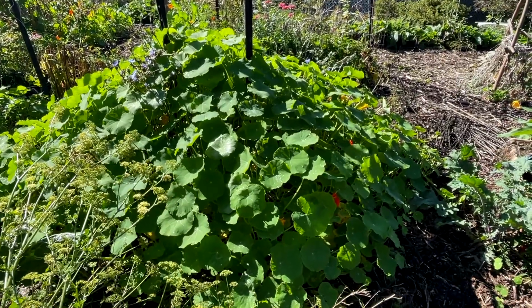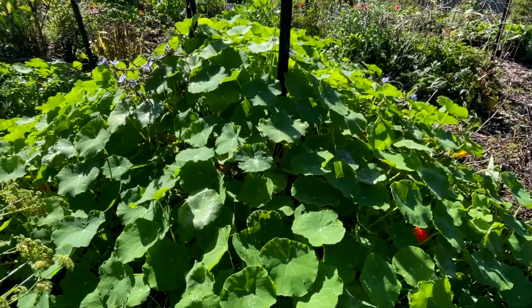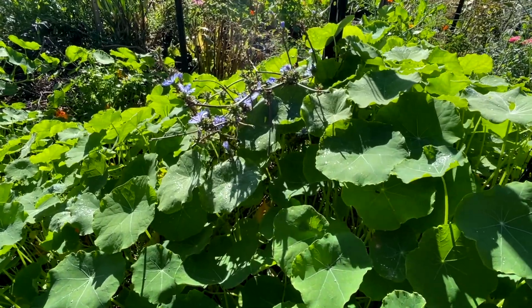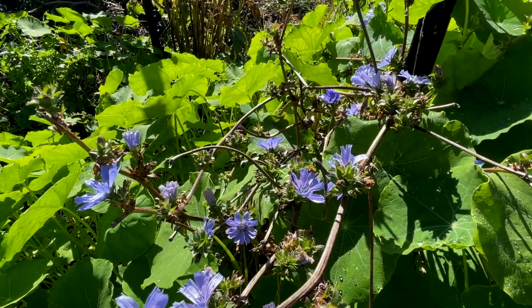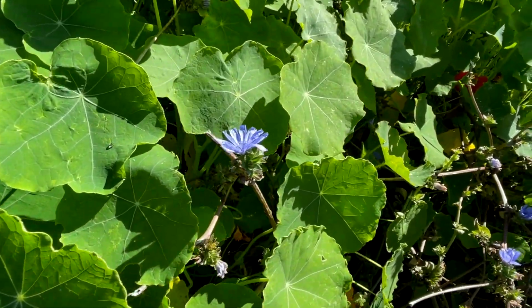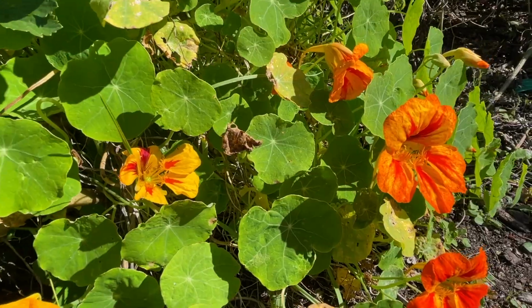If we do get a frost, that will quickly deal with them, but last year we didn't get the frost, so I can't assume that that's going to happen, and word is that we might still get another mild winter. Just in the middle there, it's got the beautiful endive flowers. That's part of the chicory family, and they blend in beautifully with the nasturtium flowers, which are still looking lovely